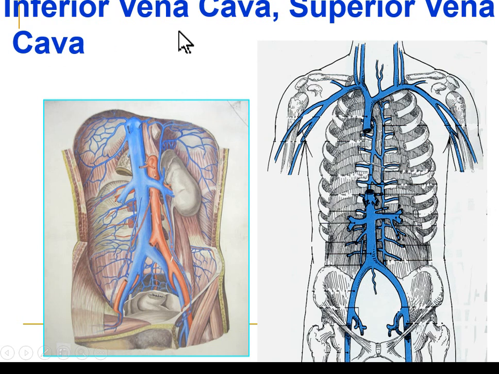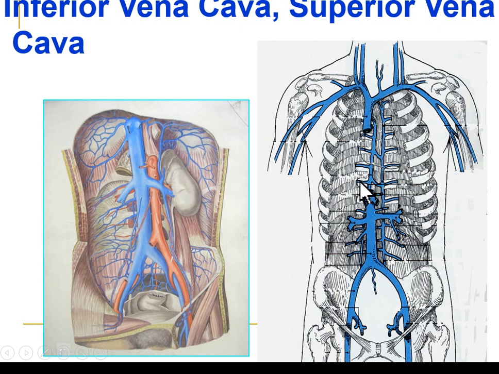Here we can see the inferior vena cava and superior vena cava. This is the superior vena cava. It's formed behind the manubrium of the sternum. Manubrium of the sternum. Inferior vena cava, this one, is formed from the right and left common iliac veins, and